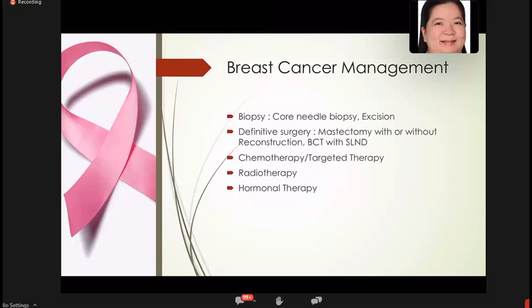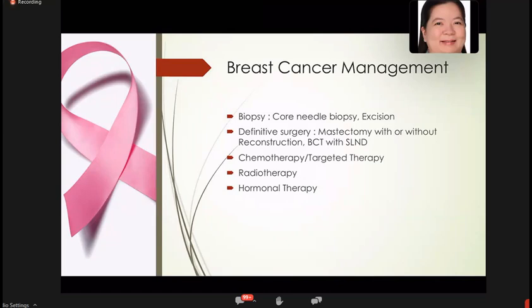But hindi yung needle na ginagamit, hindi syringe. That's fine needle. But core needle is malaki. It's a large bore needle. Talagang humihiwa yan. Medyo masakit, but it's very good. Or kung mahirap kumuha ng core needle, you can do excision or incision. Then, syempre, pag cancer siya, they need to undergo the definitive surgery,